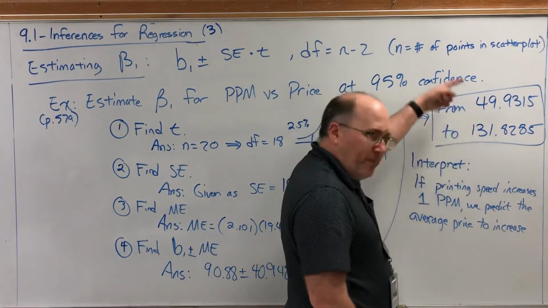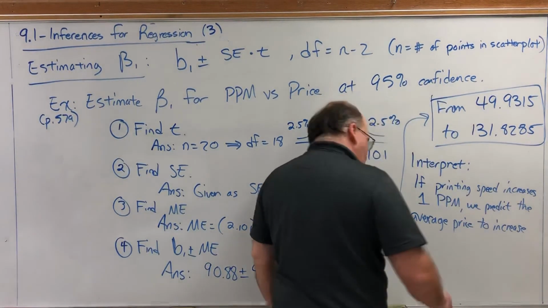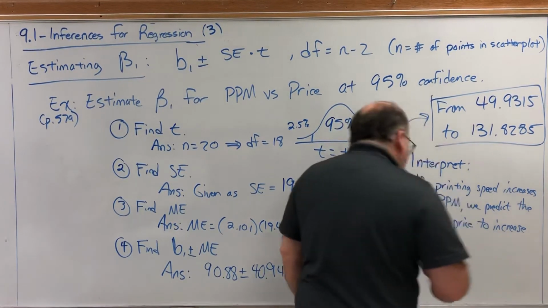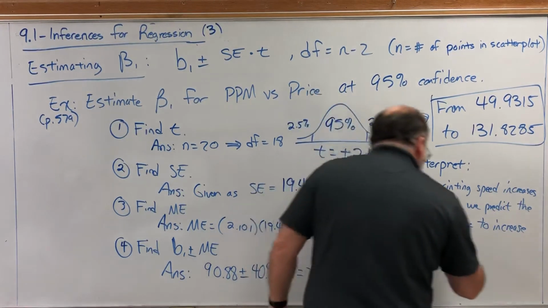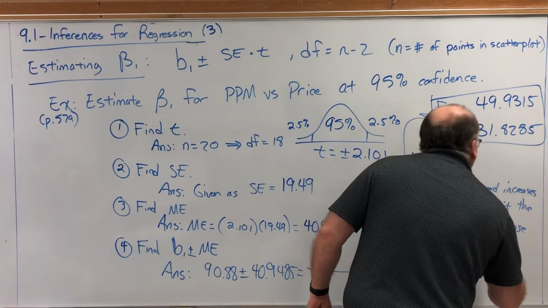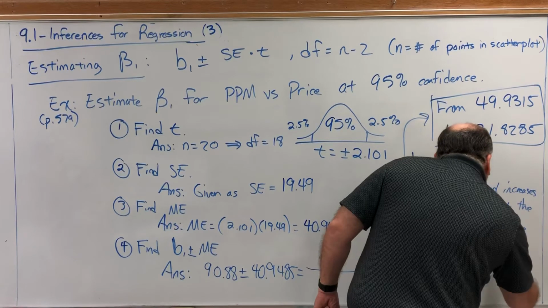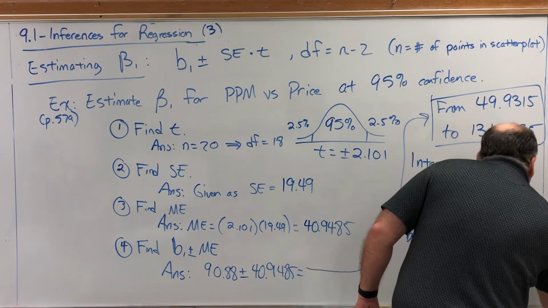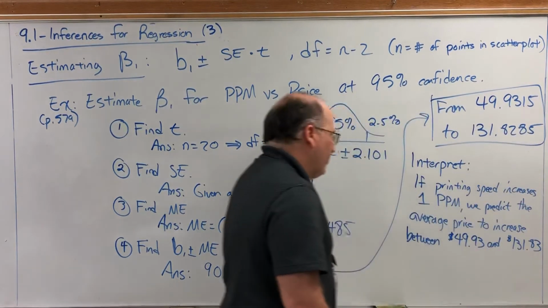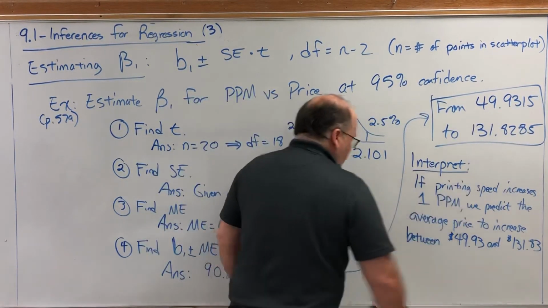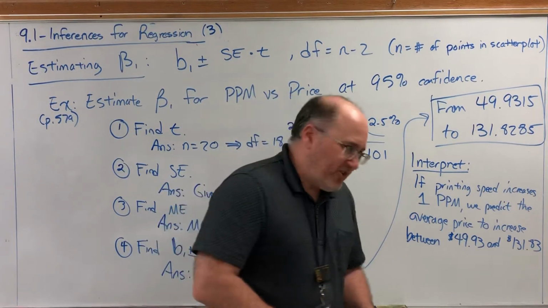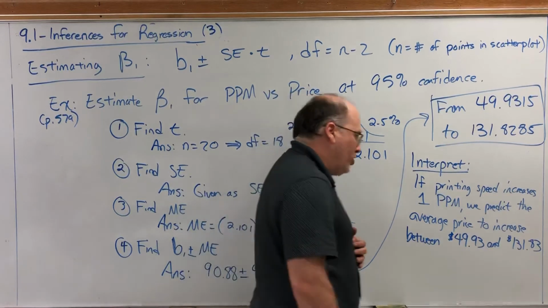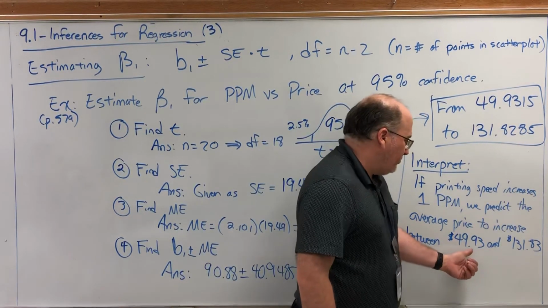because our interval is positive, so we're estimating a positive slope, between, and since we're talking price, now I'll take it down to 2 decimal places, $49.93 and $131.83. That's a big range of values. This printer prints 10 pages per minute. I need one that can print 11 pages per minute. Okay, you can expect your price to increase somewhere between